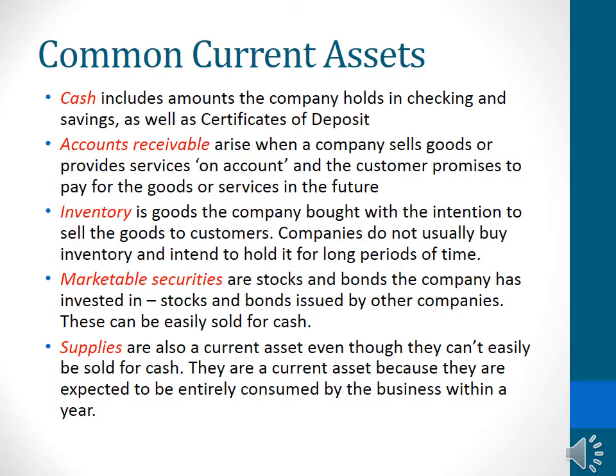Accounts receivable turns into cash as the company collects from its customers. Inventory is the company's goods that it buys with the intention to resell them. Ordinarily, companies know how long they intend to hold inventory, so they don't have too much inventory pile up that they can't sell. If I'm running a sporting goods company, I might sell winter sporting goods like skis and skates